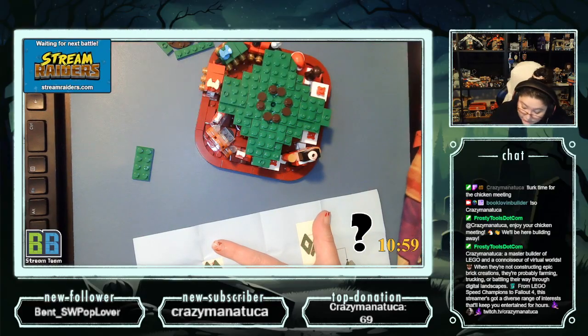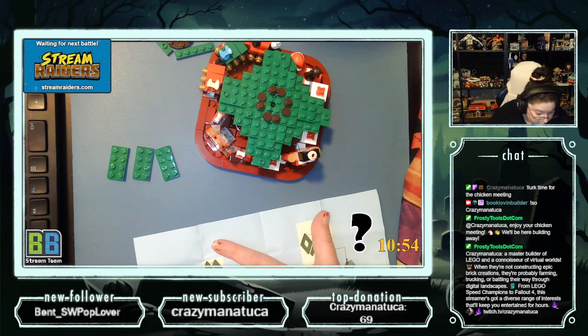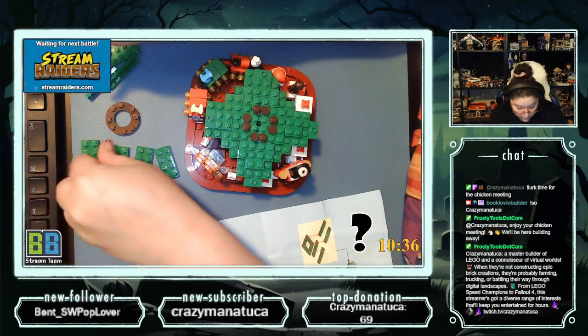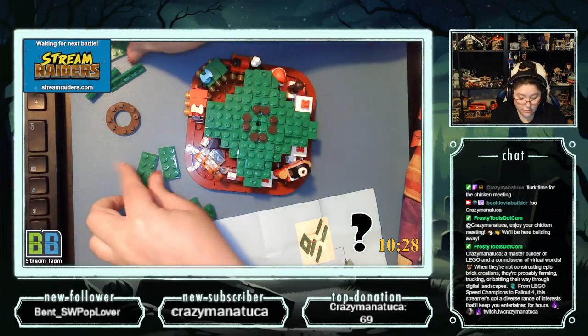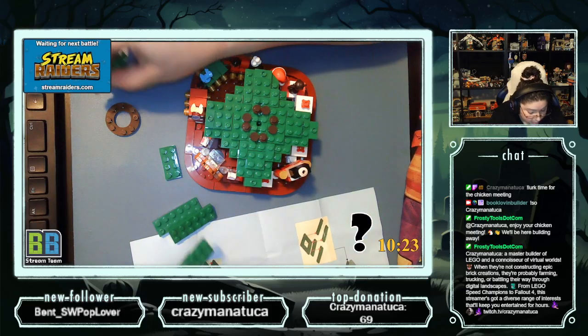So this step says for these, one of those. Two of those. And 1, 2, and 3 of those. So we'll move those. Okay. So it says 3 of these like this. And the 4th one is...